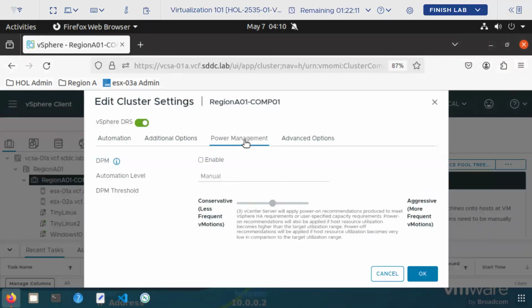Okay. So in DRS, last day we missed one option that is called power management. No one will use this, but it will be there. It means Distributed Power Management, guys. Power management, DPM, means Distributed Power Management. If you enable Distributed Power Management,